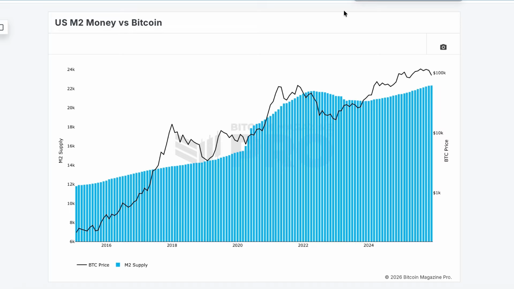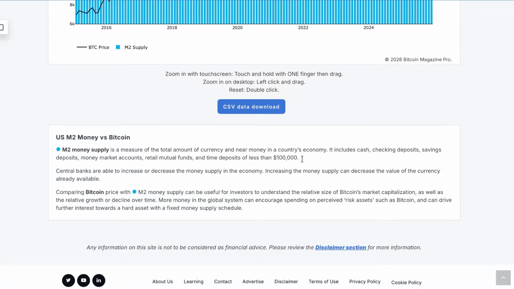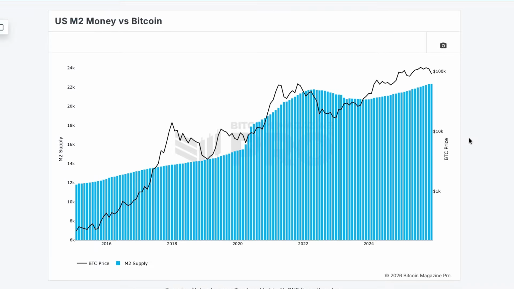So before we get onto that, if we just look to the US M2 money supply, for example, now this is the supply of fiat money, the supply of US dollars, as well as that, the amount of cash equivalents, checking deposits, saving deposits, etc., of less than $100,000. So essentially, this is the amount of money in circulation within the United States. Now, this is currently at around $22 trillion. So again, Bitcoin is still considerably smaller than the amount of circulating US dollars. And Bitcoin's a global asset, it's not just limited to the US.